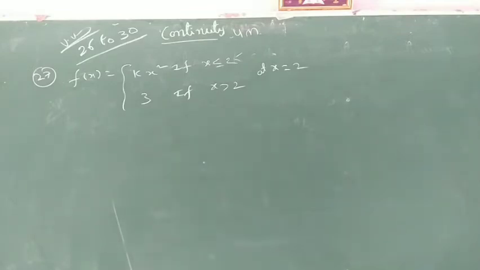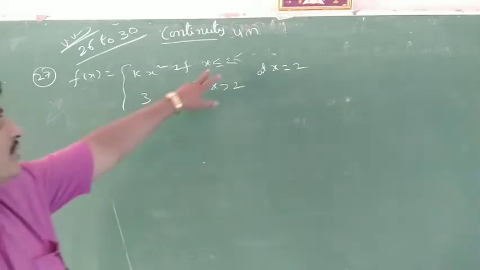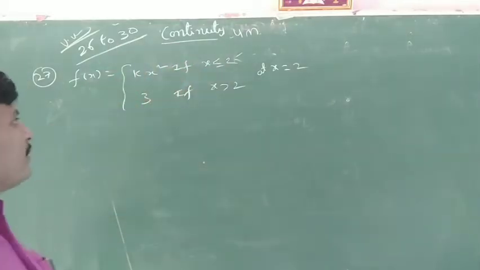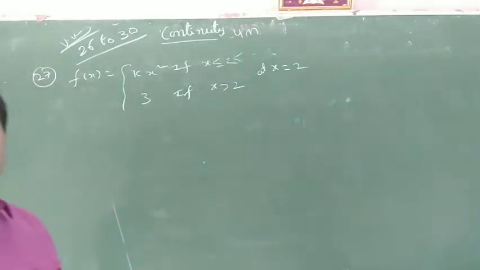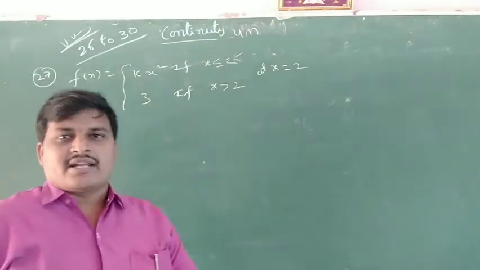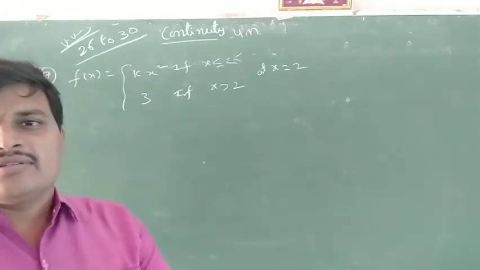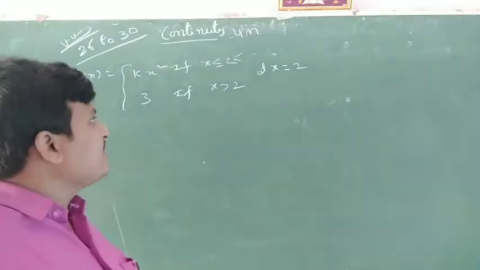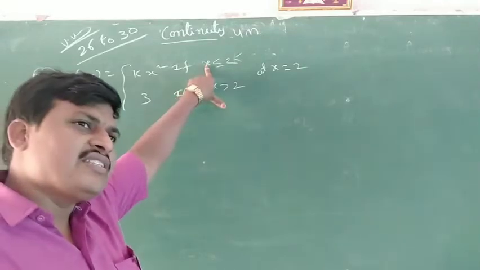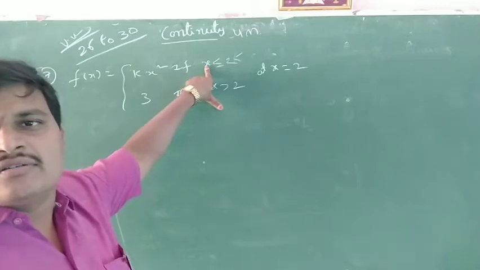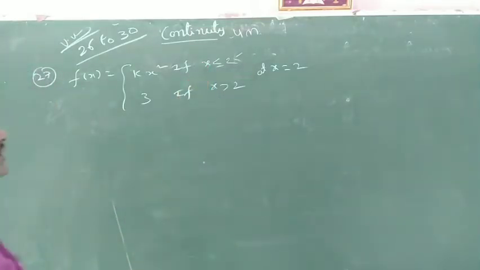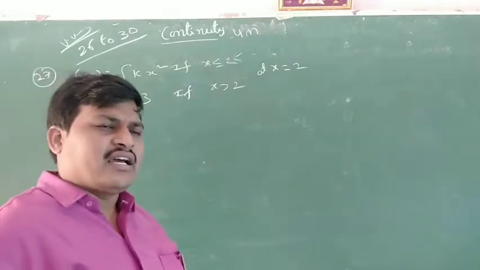Here, look at this. In the previous problem, problem 26, x not equal to pi by... we could directly calculate the limit x tends to, f of x directly, because not equal to means less than and greater than. Less than means LHL, greater than means RHL. It is the same function in both, so the result is also the same. So don't calculate LHL and RHL separately there. Okay.